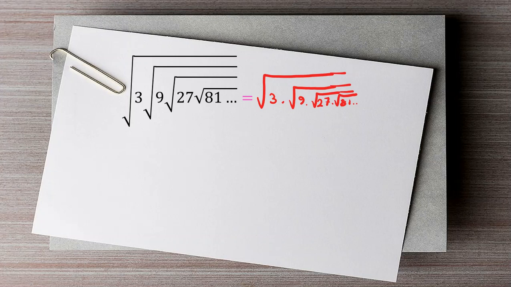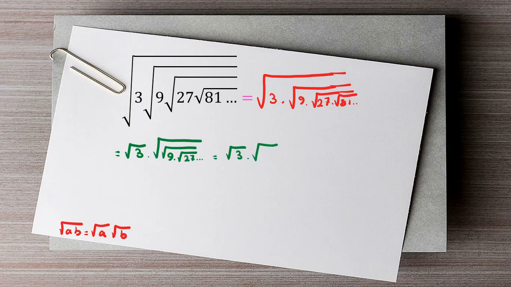And then we know that the square root of AB is equal to the square root of A times the square root of B. So if you apply it here, it will be the square root of 3 times the square root of 9 times 27, and so on. And again it will be the square root of 3 times the square root of 9 times, if you use this again, the square root of